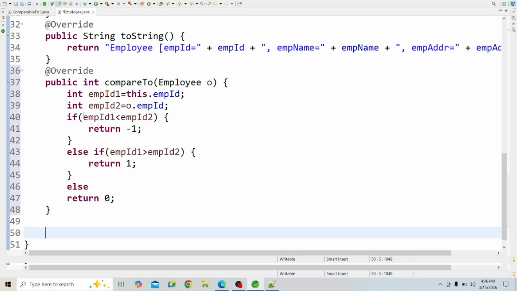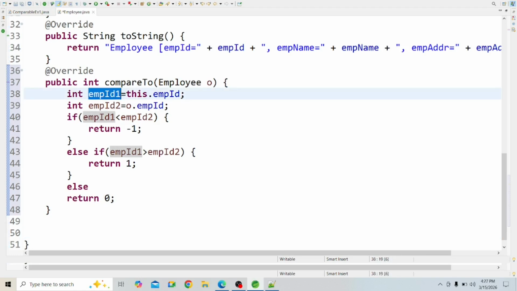See what happened internally. If the first employee id is less than the second, then it returns -1. Then it compares like this: first employee id, second employee id; if the first is greater than the second, it returns a positive value. So it returns +1, -1 or 0. It returns 0 when both objects are the same, meaning the first employee id and second employee id are the same. Okay, so let's save this,